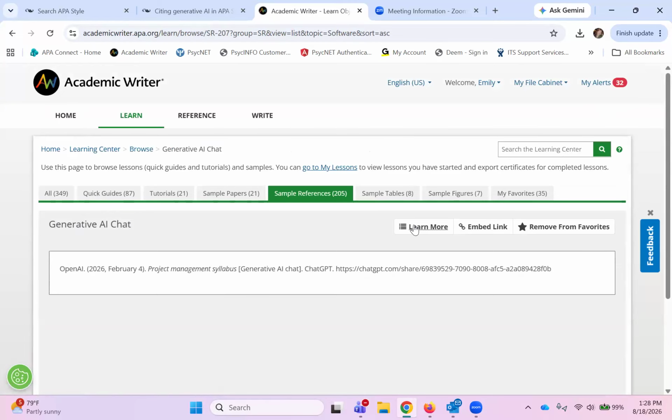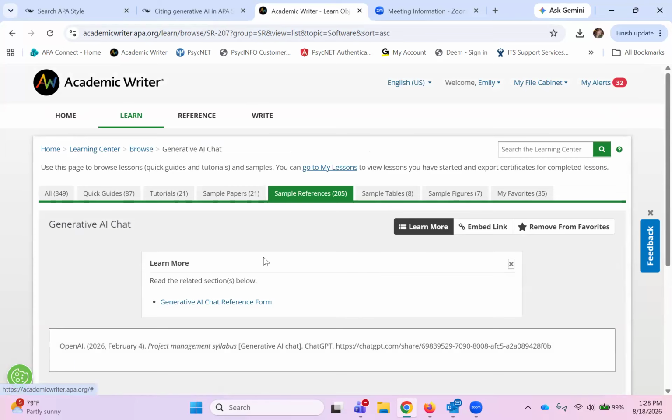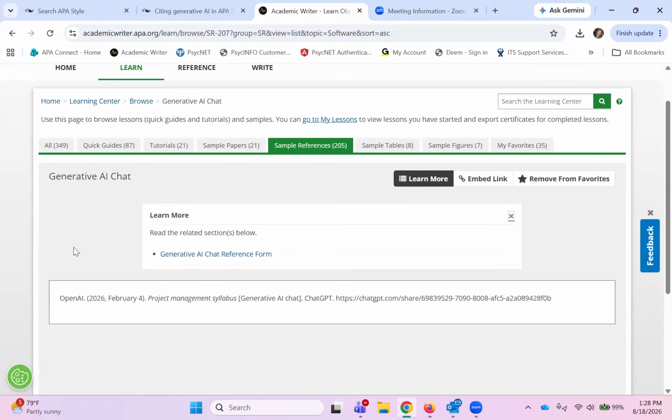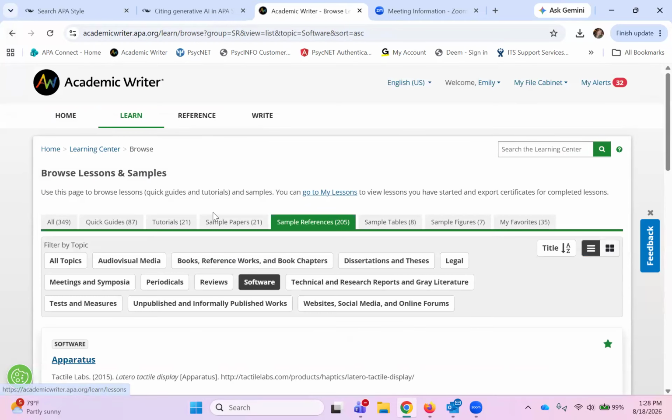Another thing I wanted to point out here, if I go to the Learn More, this is going to link to the actual reference form here. So that shows you the full form that you'll use in the reference center to create your reference and then add that reference to your account and add it to a paper. I'm not going to open it just yet. I'll show you that in just a second, but I want to go back and show you the other sample reference,